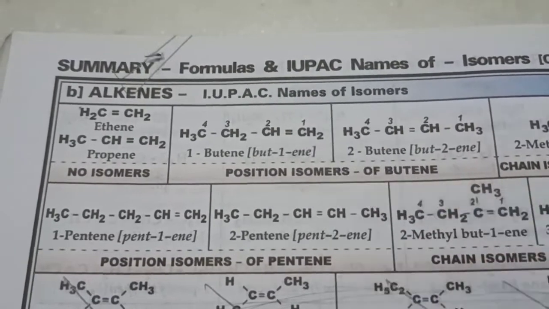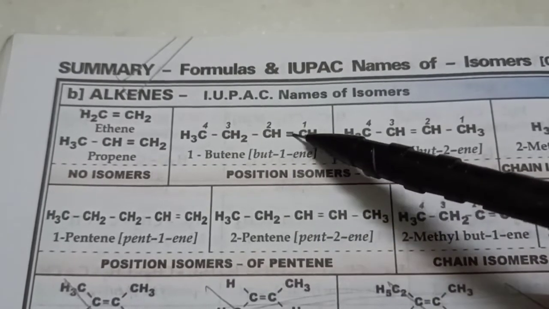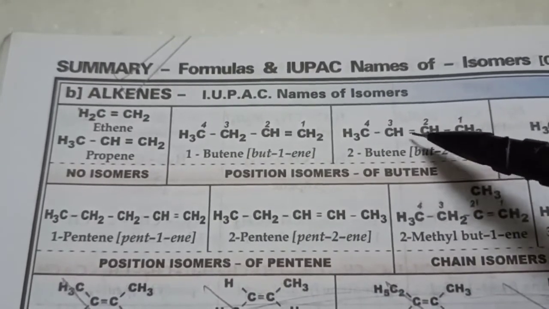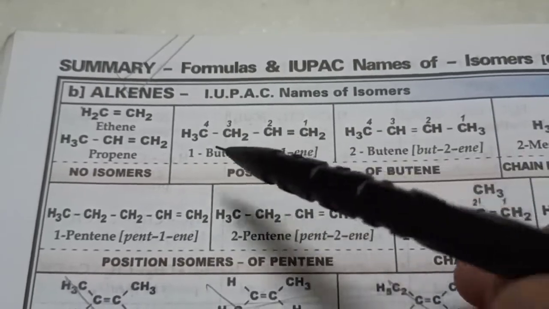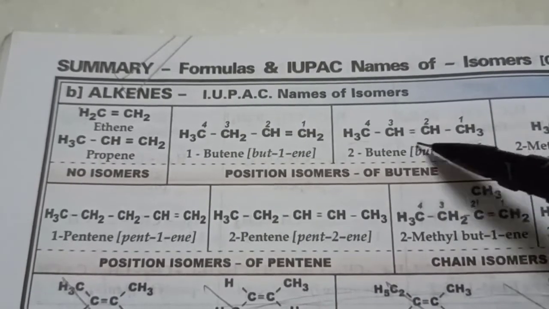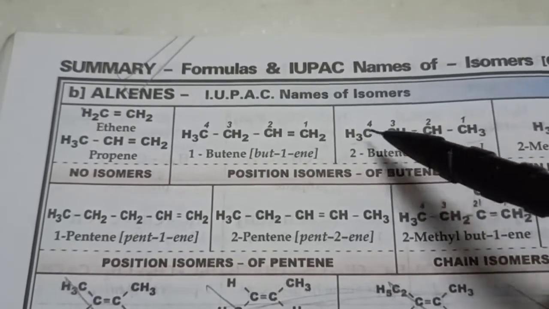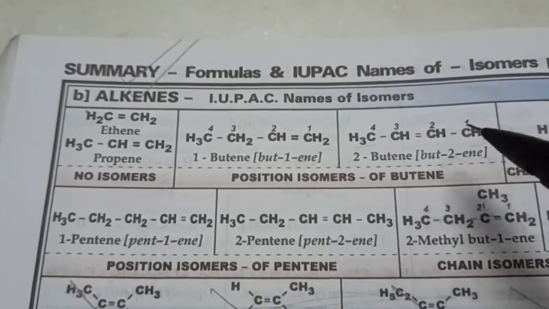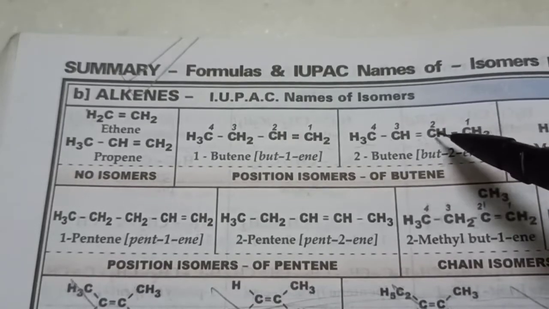So this is the same as the formula we studied on the previous pages, where the double bond is here, which could have been here as well, same thing. And here we have the double bond in the center. The molecular formula is same, but here notice we have CH3 here and CH2 here, but here we have CH3 and here also we have CH3, and in between we have CH. If you draw the expanded form of this, you will see that still each carbon atom has 4 bonds only. So this is also valid, and this is called butene. But it will have slightly different properties, so it's a different compound. So they should be named differently.